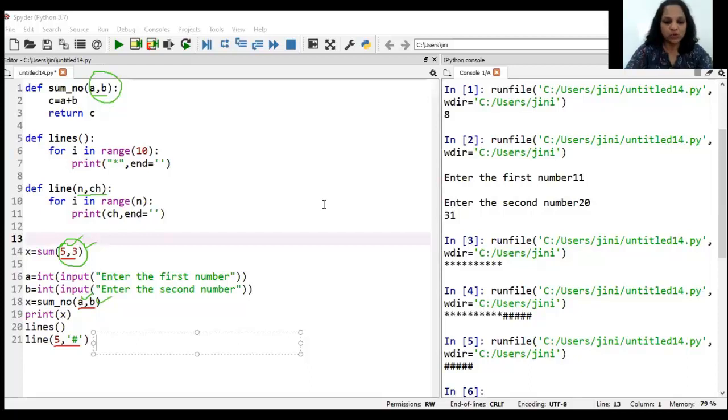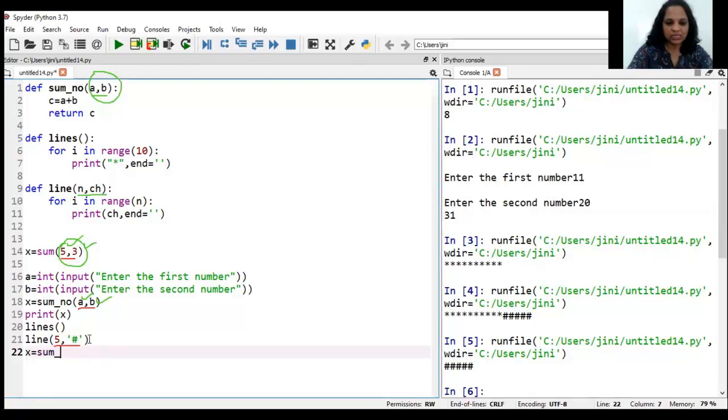I could also be calling the function as, let's say, because it's returning an answer, let me put it into a variable: sum underscore no in brackets 2 into 3 comma 4 plus 5. I could also call the function like this. So that means the actual parameter is now an expression.